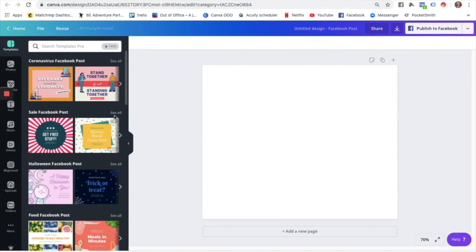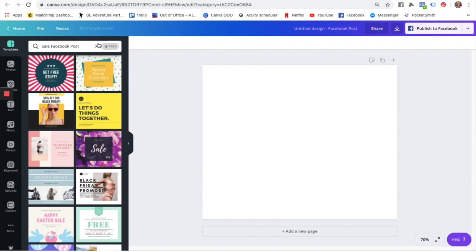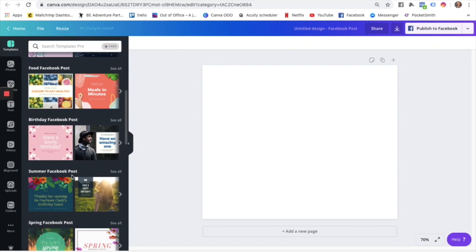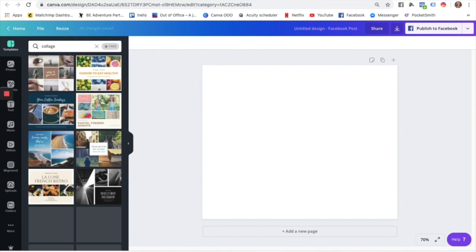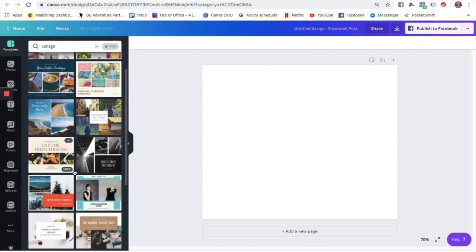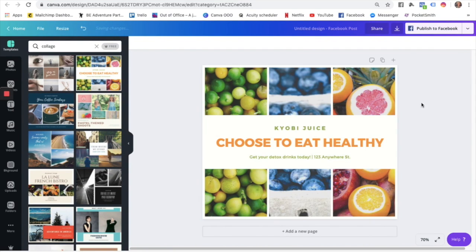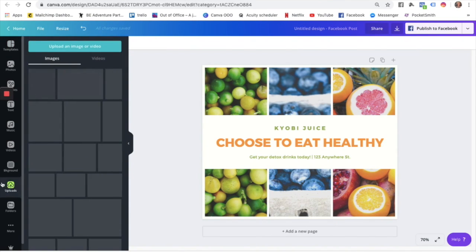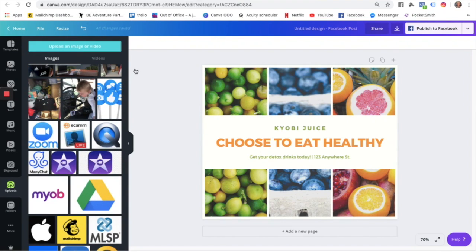Because there are some to the sides here to see, you probably do want to type something into the search to get something relevant. It might be that you want, not necessarily Easter, but a collage if you want to put lots of pictures. So just type collage, and then you can paste your Easter pictures into here. Whether they're your own picture, which you can do by choosing the upload button here, and choosing to upload